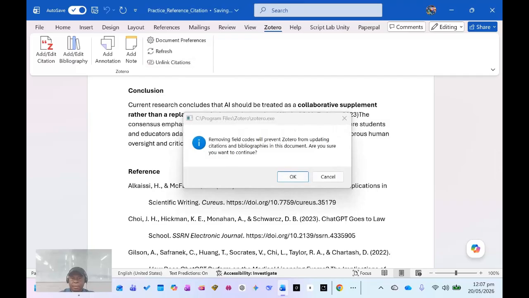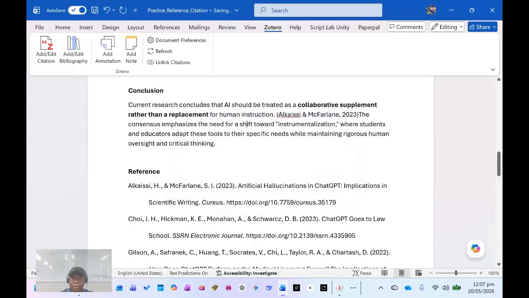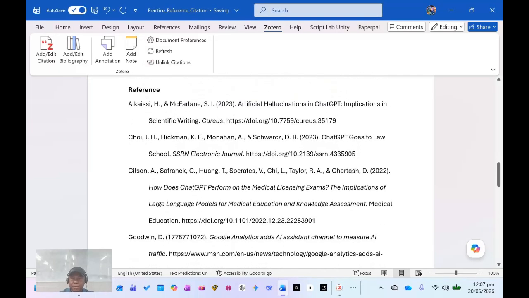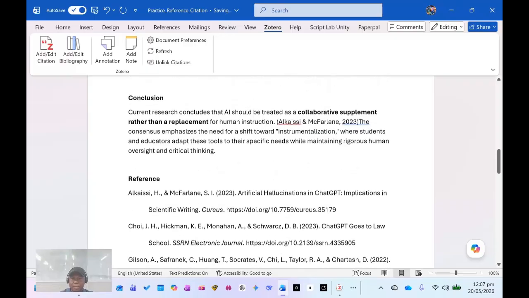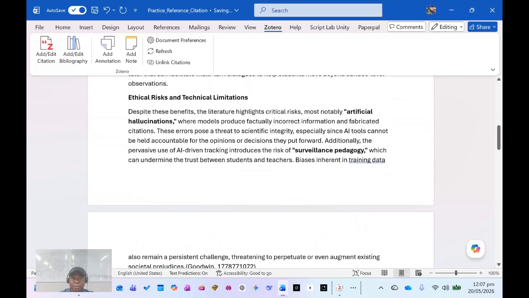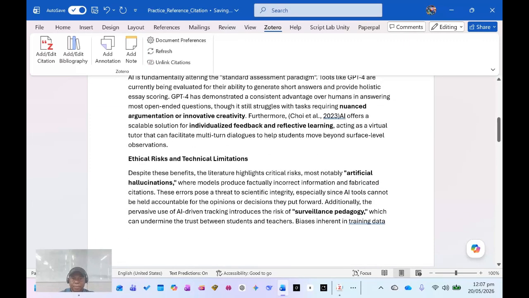And you see the pop-up message. So read it before you click OK. So I'm going to click on OK. Okay, all my citations are now turned into ordinary text. So when I click on this reference list, they are now ordinary text, no links. So all the codes are removed. Okay. So if I click in the citation